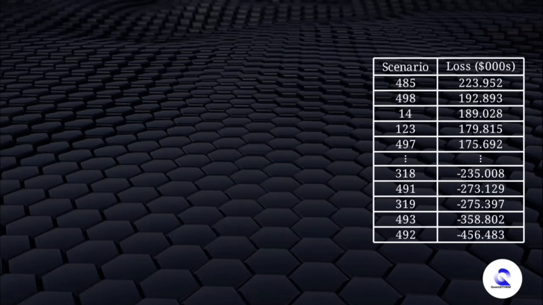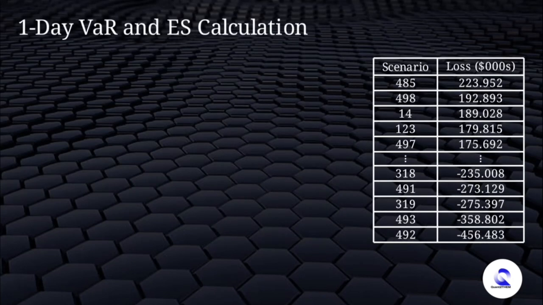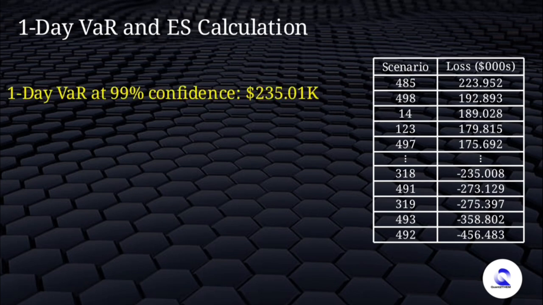Now we calculate the 1-day 99% value at risk, or VaR, based on the loss data from our 500 simulated scenarios. With a 99% confidence level, we are only concerned with the worst 1% of losses, that is, the 5 worst outcomes out of 500. In this example, the 5th worst loss is approximately 235,008, which we take as our VaR. So there is only a 1% chance the portfolio will lose more than this quantity in a day. To go further, we also compute the expected shortfall, or ES, which is the average loss in the worst 1% of cases. Based on our sorted losses, the expected shortfall turns out to be roughly